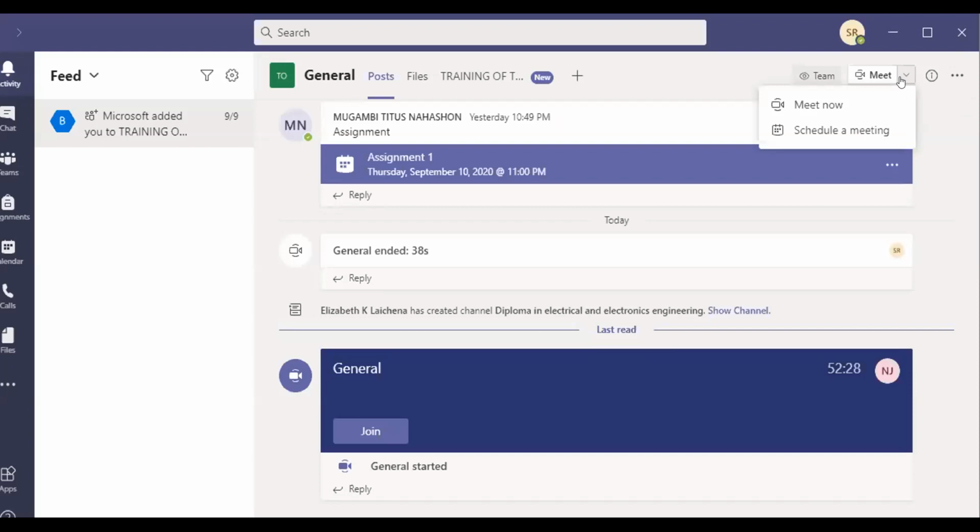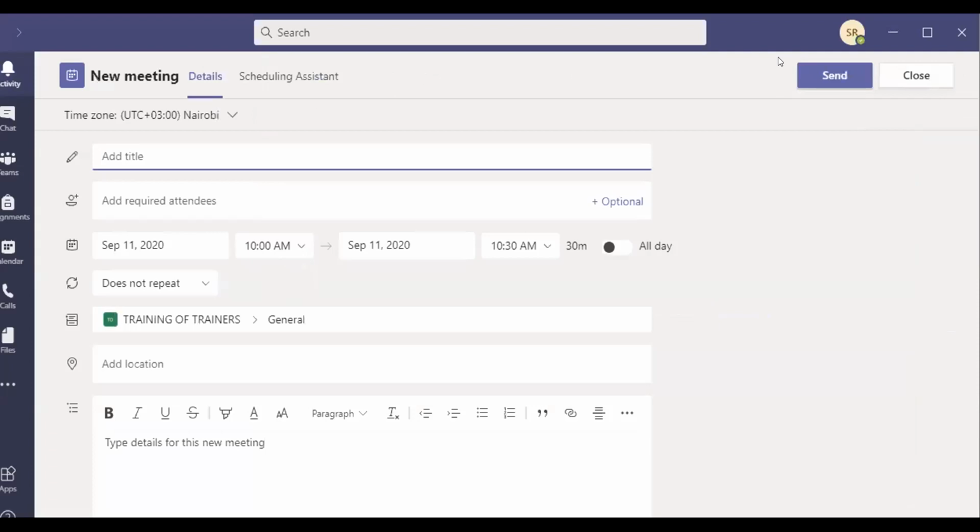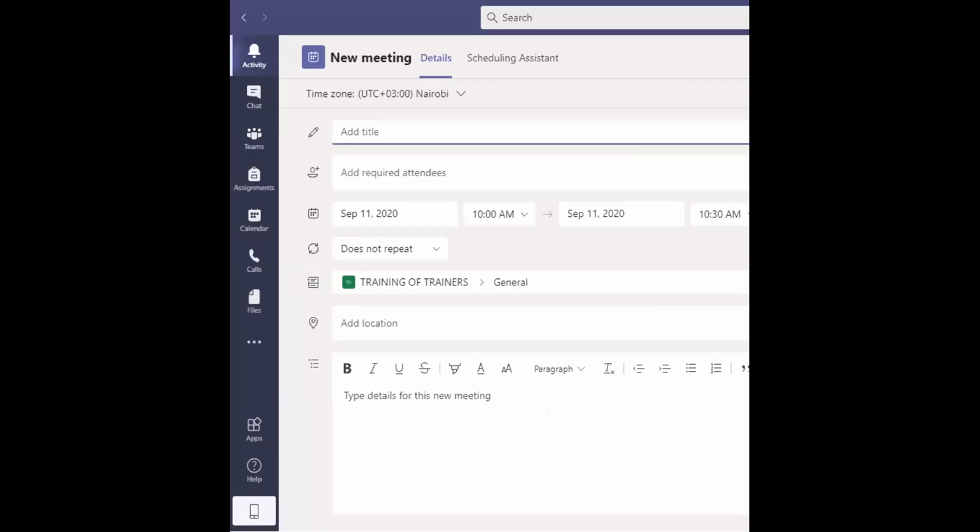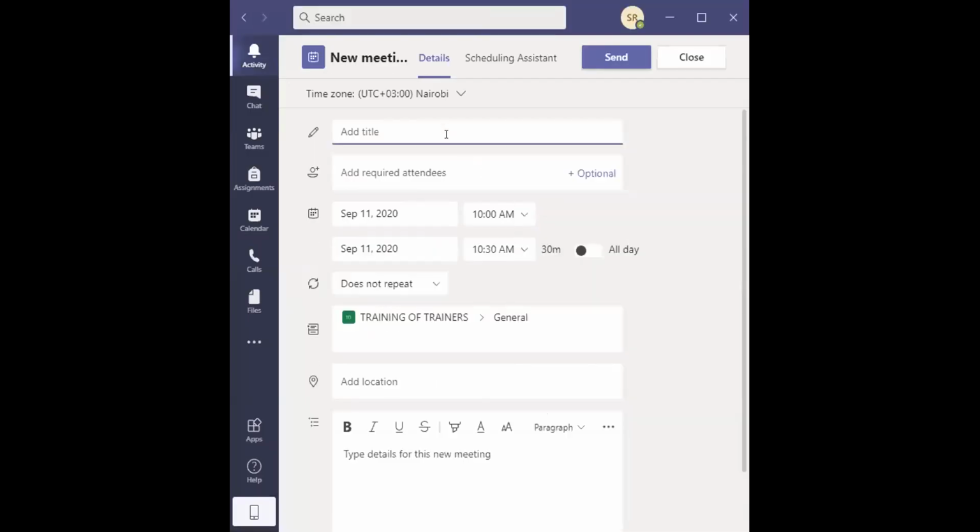We have that down arrow, schedule a meeting. Then I have the meeting interface. Maybe I want to add a title of the first topic, Introduction to Financial Applications.